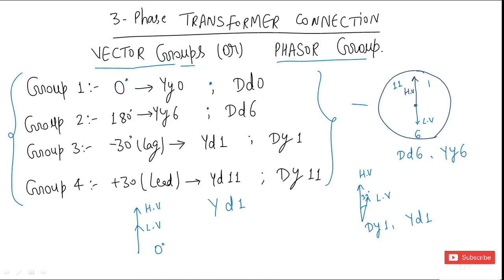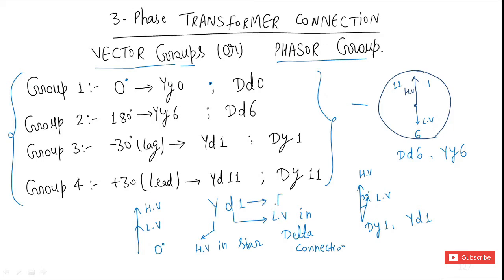YD1. Y means your high voltage winding is in star connection. Small d means the low voltage winding is in delta connection. So this is the convention I am using. This one means